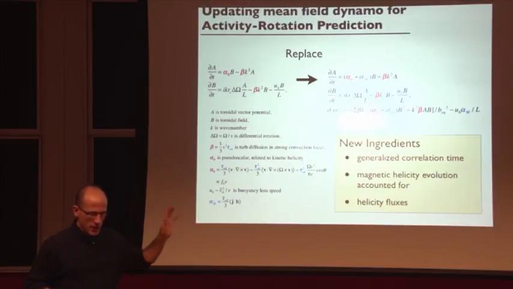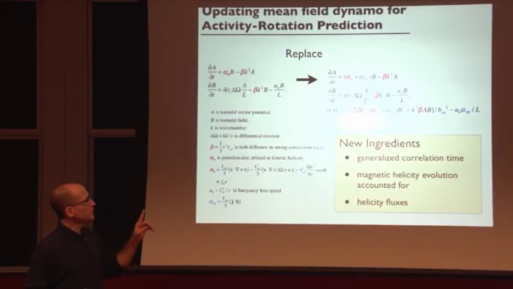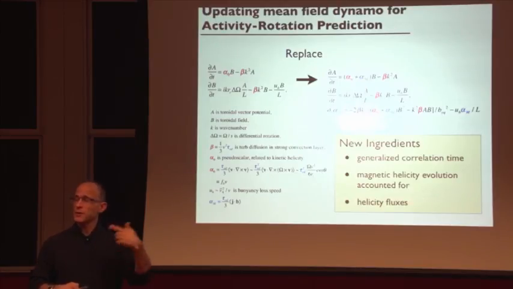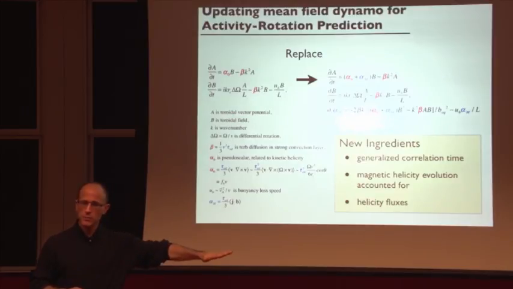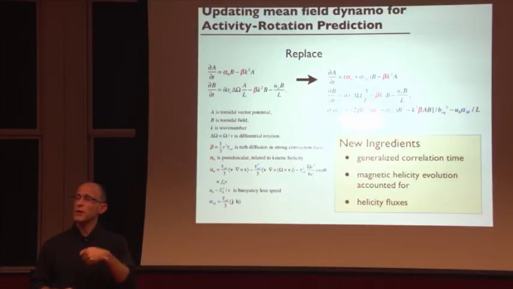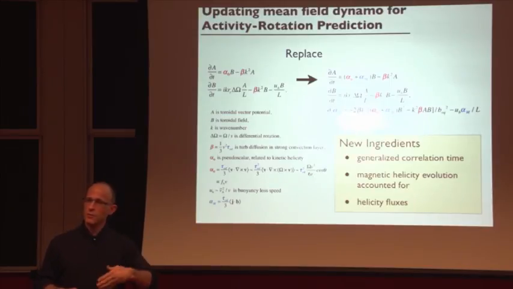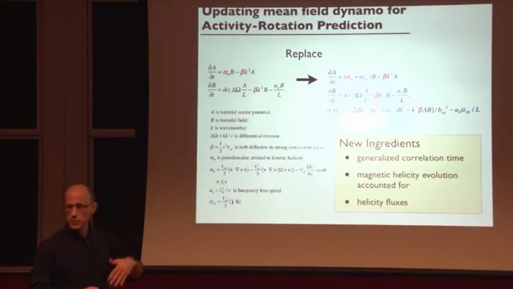What's happened in the dynamo when you put the helicity conservation in? What happens is that if you allow the small-scale helicity to build up, it actually shuts the whole thing down. Only if you can get rid of the small-scale helicity can you keep the field growing. To get rid of it, you could either have very high resistive dissipation, which is not possible in the astrophysical case, so instead you have helicity fluxes. The fluxes act to alleviate the small-scale helicity,